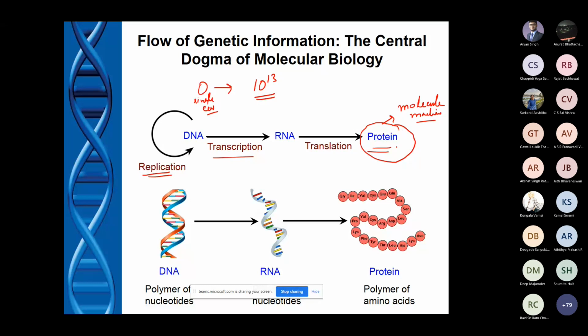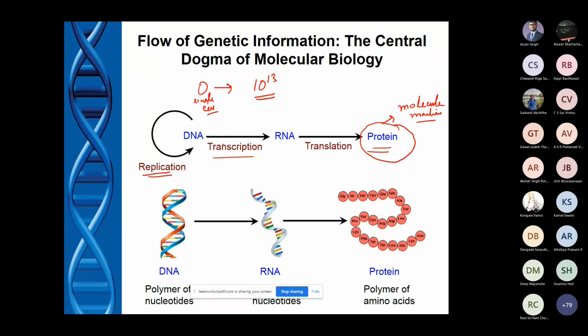In living systems, they do the function. They are the functional molecules. But how will you make your protein? What kind of protein will be formed at a given point of time? All those things are finely regulated in our body, and the information is present in DNA. That means what kind of protein will be formed, how it looks, what its chemical nature will be, all that information is present in DNA. I will concentrate within the coming few lectures on these steps, particularly how this information gets processed.